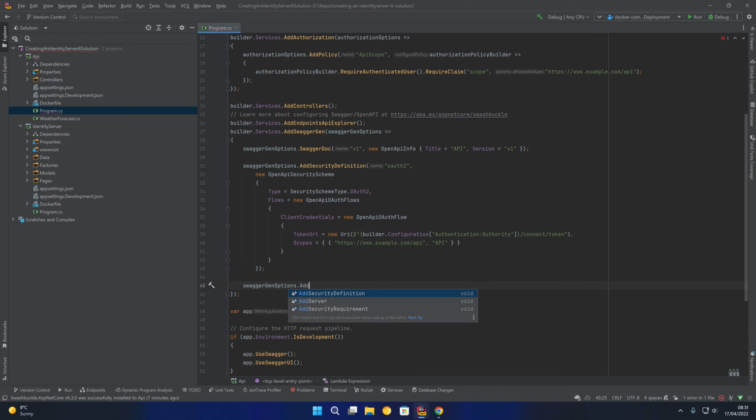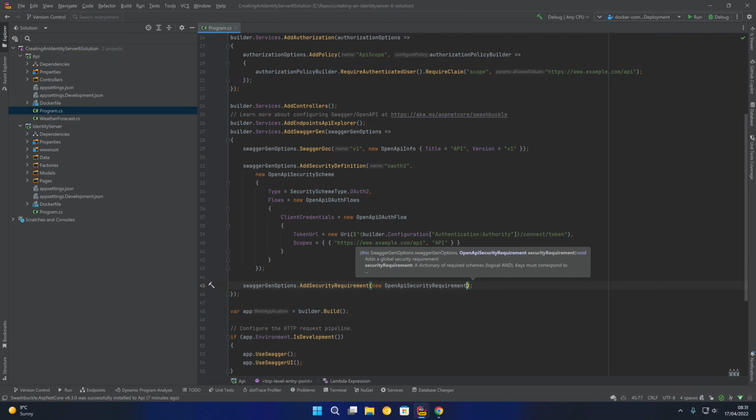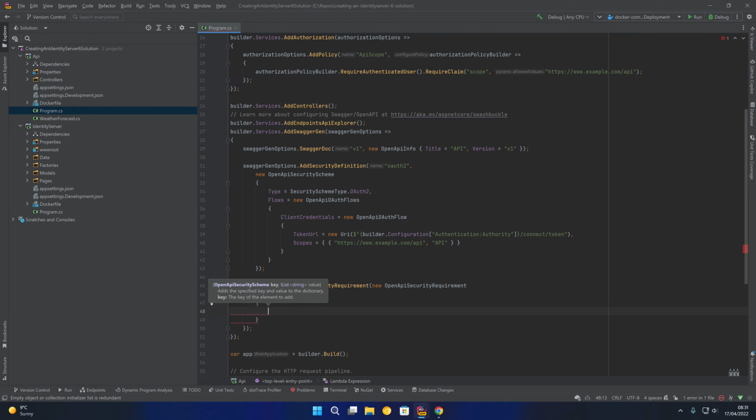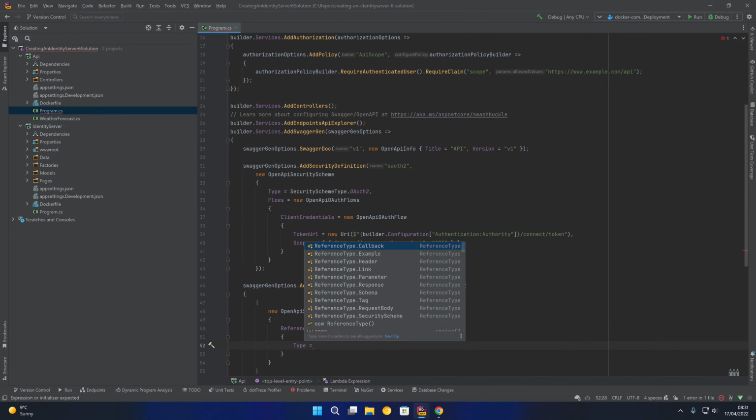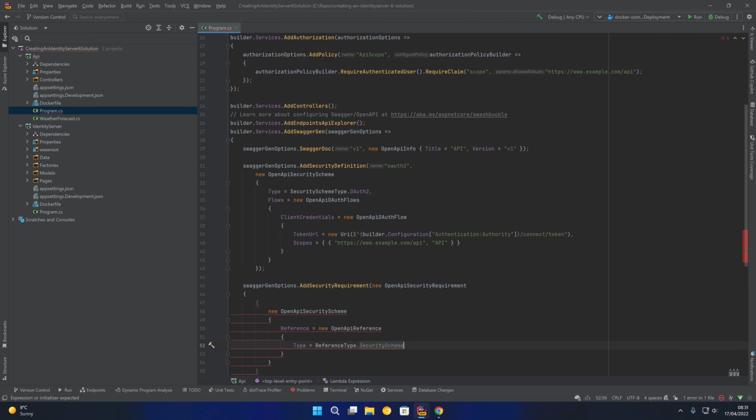So we can say SwaggerGenOptions.AddSecurityRequirement. This will be a new OpenApiSecurityRequirement, and the key is going to be an OpenApiSecurityScheme, and this is going to be a reference to the security scheme that we created previously. So the reference is a new OpenApiReference. The type of that reference is going to be type SecurityScheme, and you'll notice it also takes in